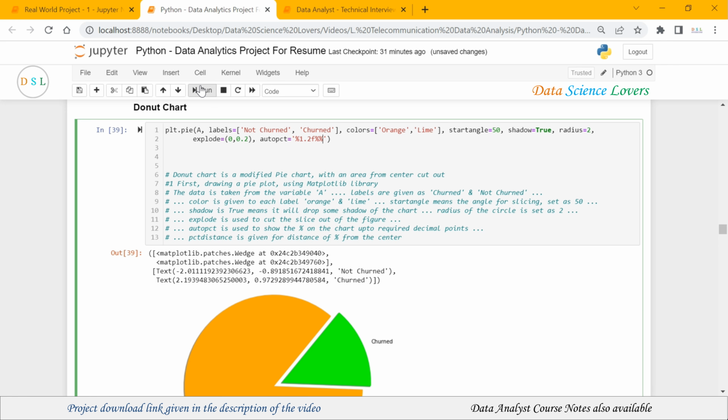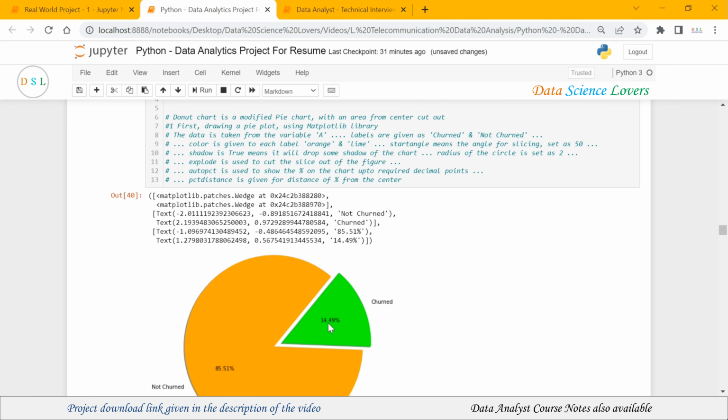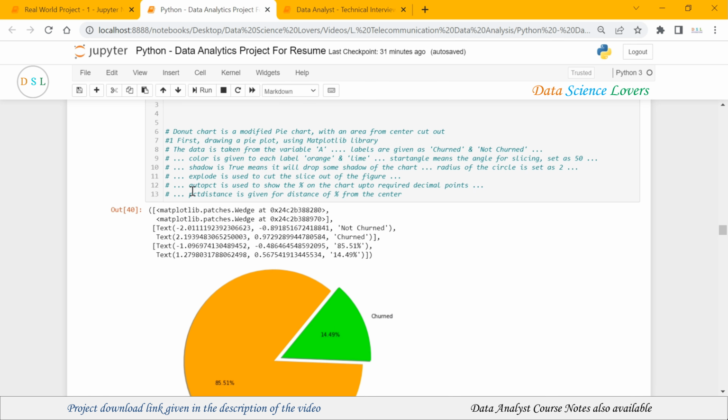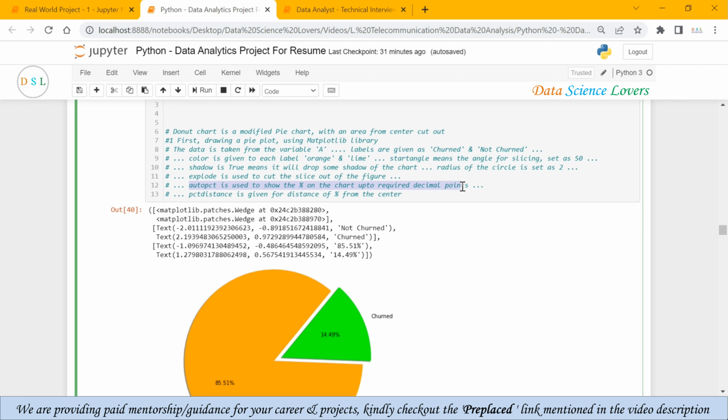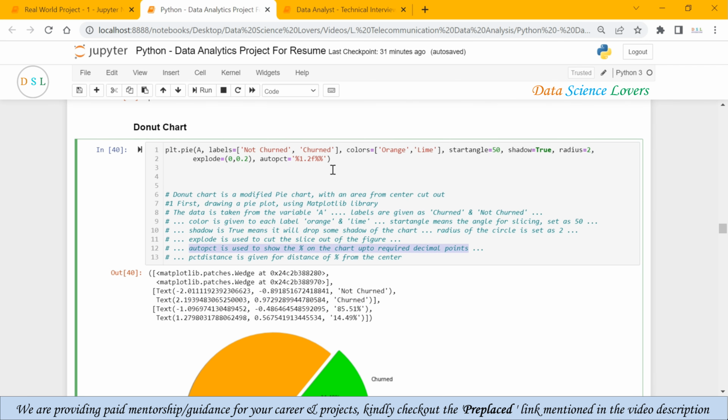Now when I run this, you can see it is showing the percentage for each level, 14.49 and 85.51 for non-churn customers. Autopct is used to show the percentage on the chart up to the required decimal points. You can change the decimal points from here. I have used 1.2. You can use any value as per your requirement.